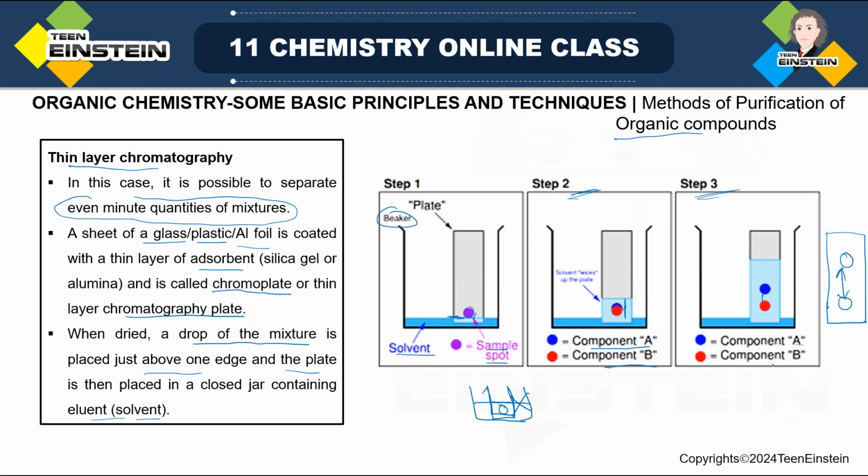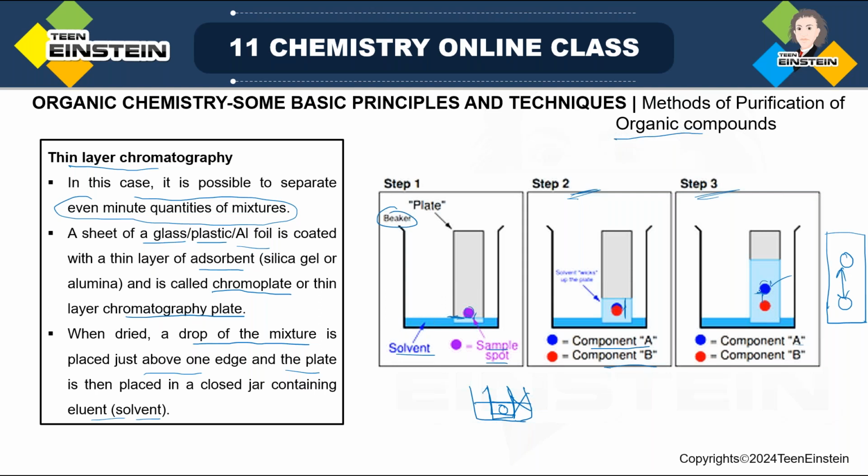Now, depending on the size of the plate or the amount of compound you are purifying, suppose this is the desired compound and the red one is the impurity. That is one possibility. In this case, we will say that we are doing purification. But suppose both are required, then we can say it is a separation of these two compounds. And whether both spots are desired or only one of them is desired, next